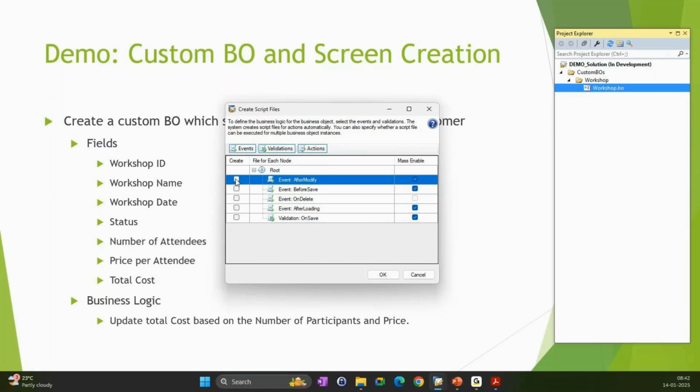Event before save: once you click on that save button in a UI, this event will trigger. Event on delete will trigger when you are deleting some instance in a UI. Validation on save: this event will check any validations which we have. Let's say we have a workshop name, it will be mandatory if we are not defining it in a UI,